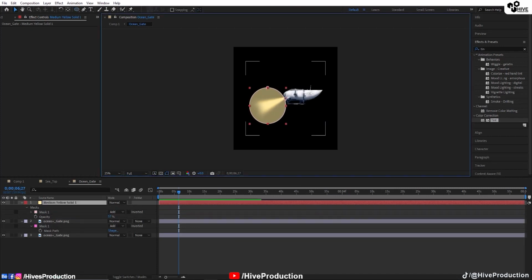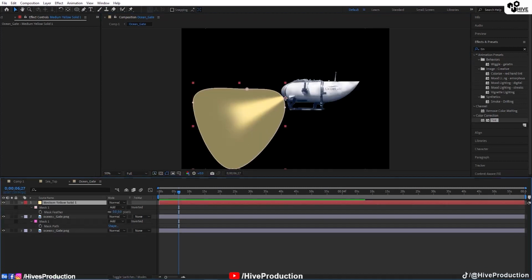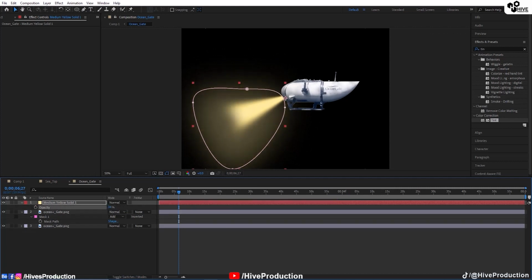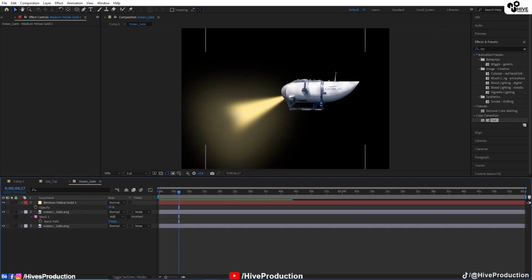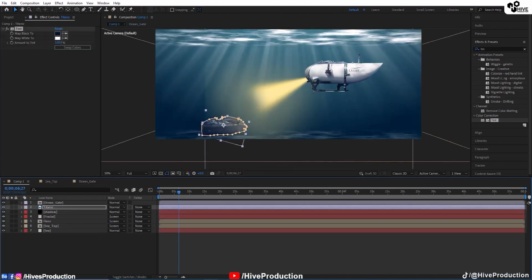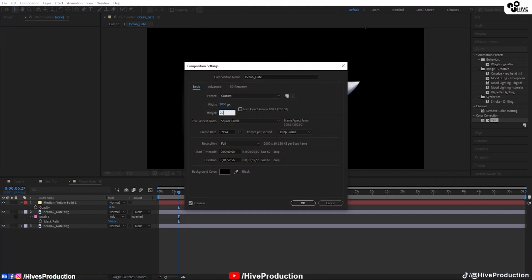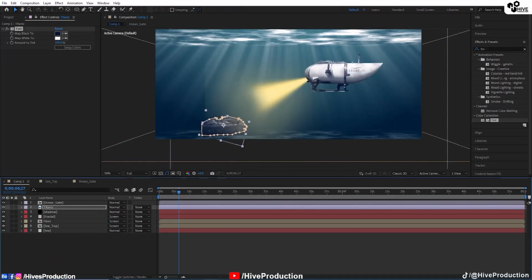Okay, so apply this circle mask and treat it like a light on the directional lighting, something like this. After that, press F for the feather and increase the feathering size. Also make it a little bit transparent, so you just need to go back to your main composition. Okay, I'm going to increase the size of the composition through the composition settings to 2000 by 2000, so you can see